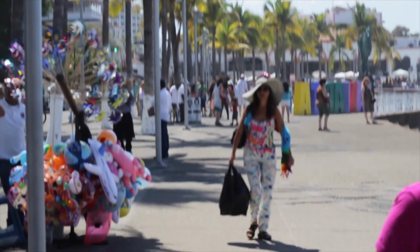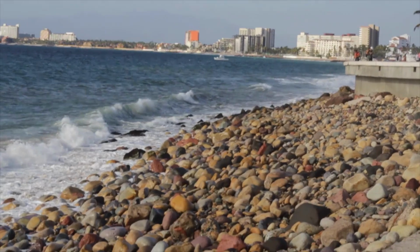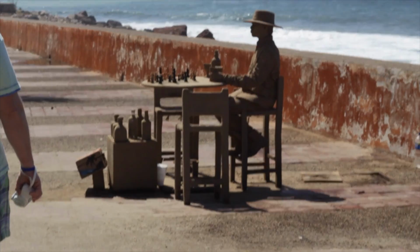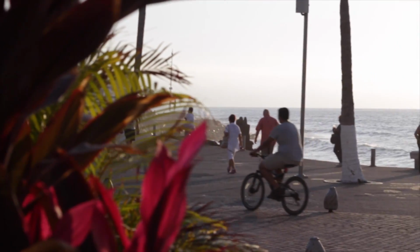visit to the Malecon. Simply walking down the gorgeous beachside path is an adventure in itself. From sunsets to street performers and nightlife to delicious treats, there's an endless amount of options of things to do here. Now we're walking down the path here at the Malecon and I can't stop thinking about the difference this